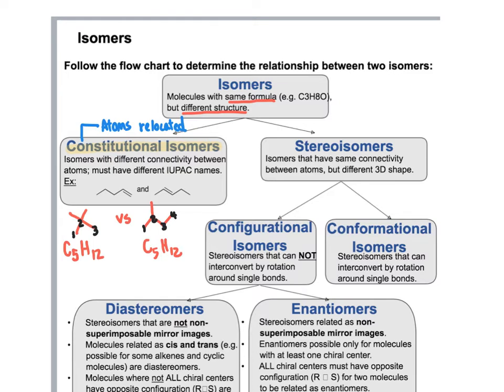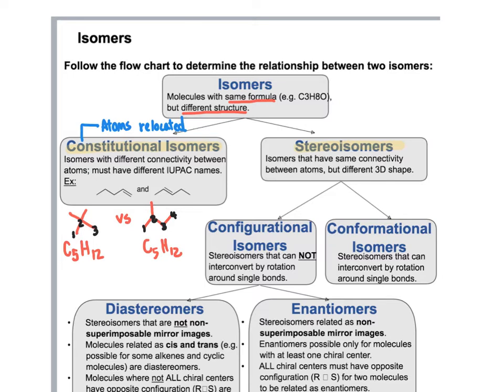Stereoisomers, on the other hand, are going to be our second bucket that we can dump isomers into. So when we look at two molecules and we're establishing their relationship, they'll either be categorized as constitutional isomers, which means they have a different connectivity between the atoms, or they'll be classified as stereoisomers. Stereoisomers have the exact same connections between the atoms, meaning they would have the same IUPAC name, they have the same atoms in the same places along the chain,